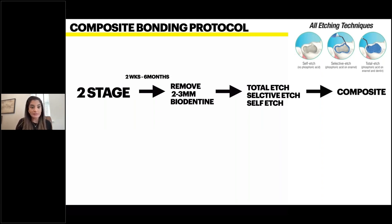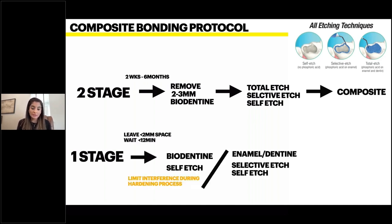The only difference comes when you're doing a one-stage procedure, and that's because we need to protect the Biodentine during its initial set. So this way, you've waited your 12 minutes, your Biodentine's in. You then do self-etching adhesive over the Biodentine. So I use something like Scotchbond, place it over the Biodentine, and then put a layer of composite on